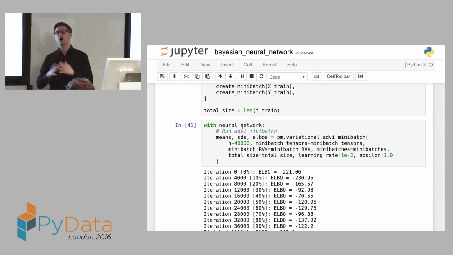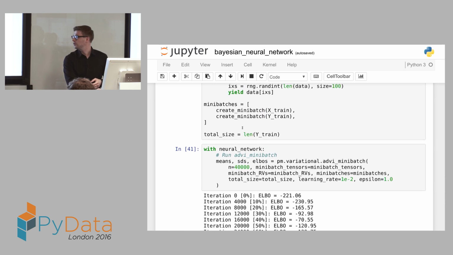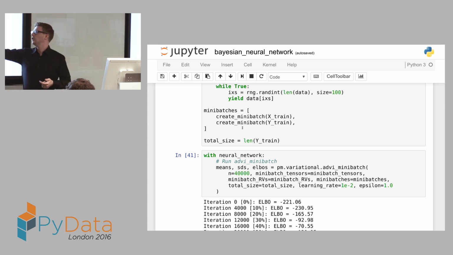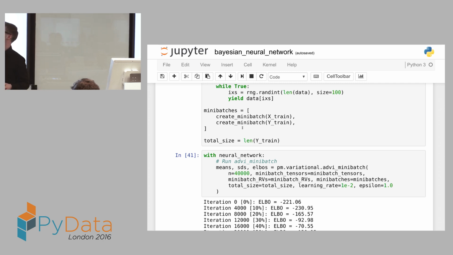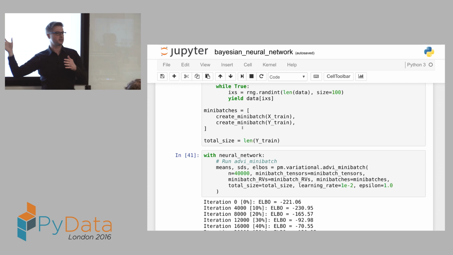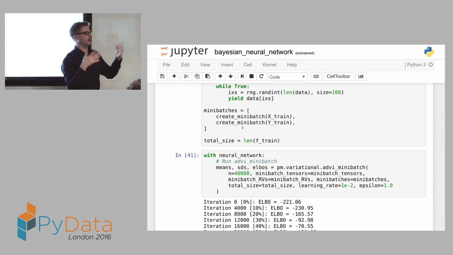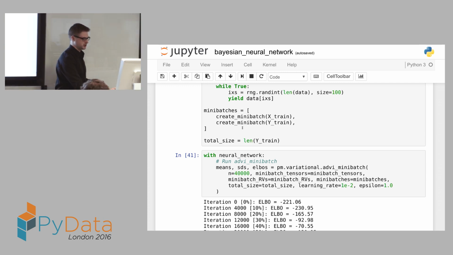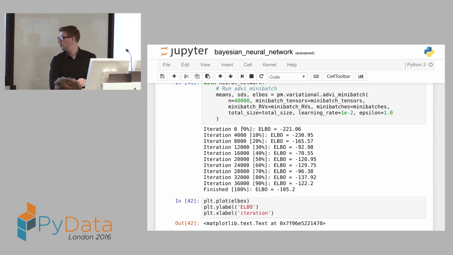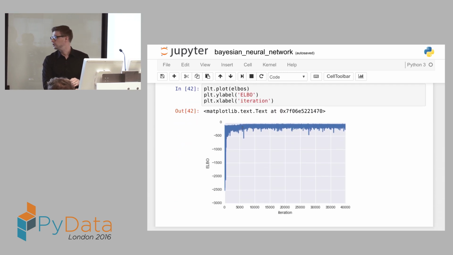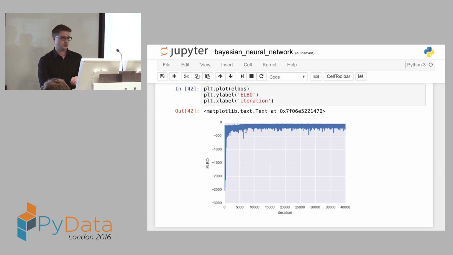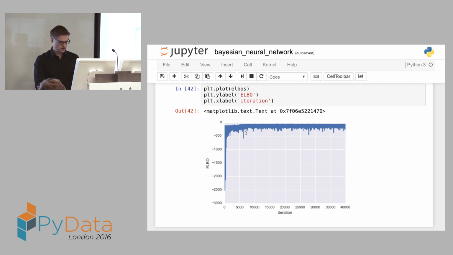Now we could use millions of data points because we're only going to look at 100 at a time. And because this is just a generator, you don't even have to hold this in memory. You can just pull from a database inside that generator and provide the most recent data to your PyMC3 model. This just shows that we also converge even faster to the correct answer.